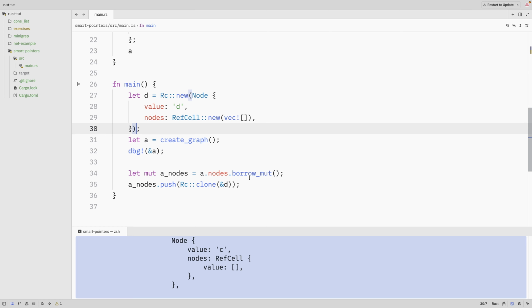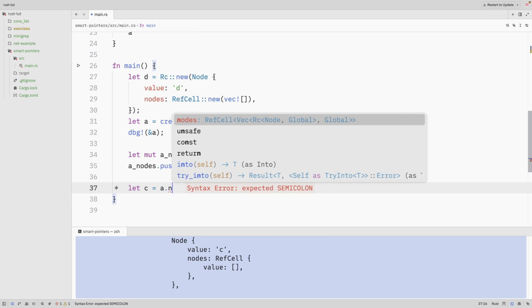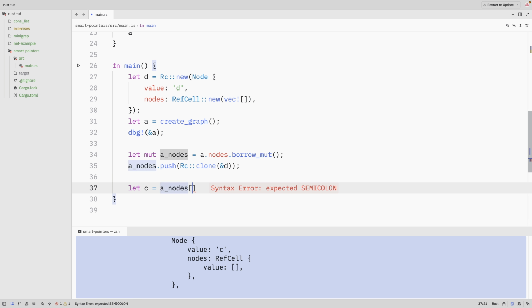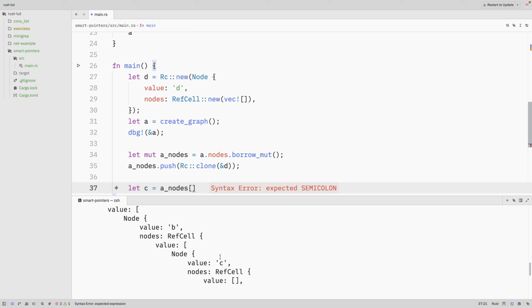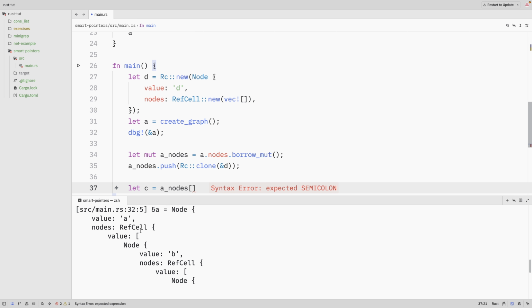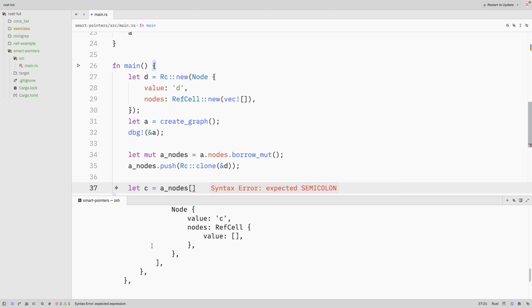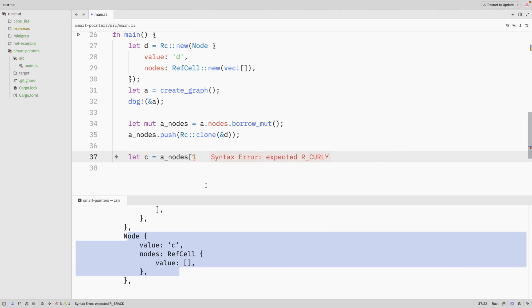There we go. And then we're going to grab our C node. So we're going to say let C equals A dot nodes. Or sorry, A nodes. And then we're just going to grab it through the second value within our vector, right? Because we have A and we have B, and then our second value is C down here, right? So we're going to grab our second value,